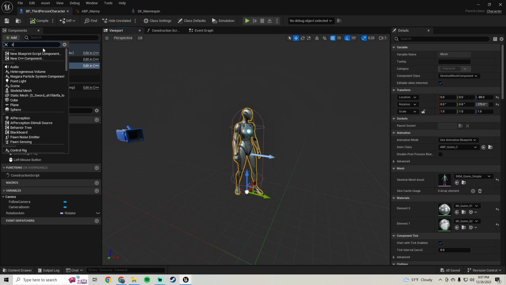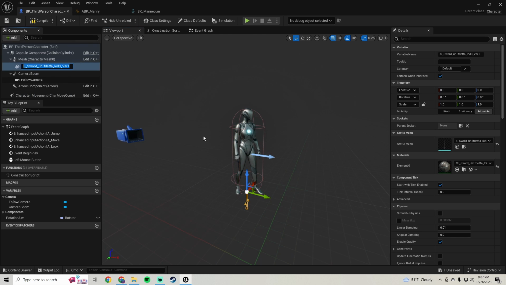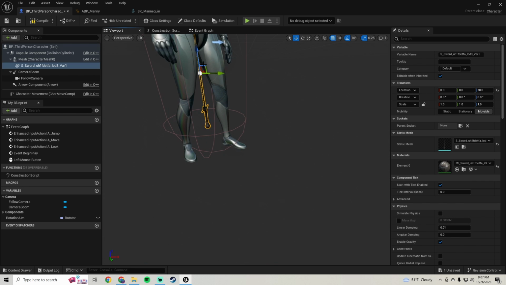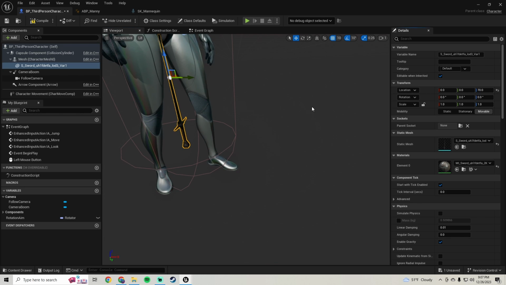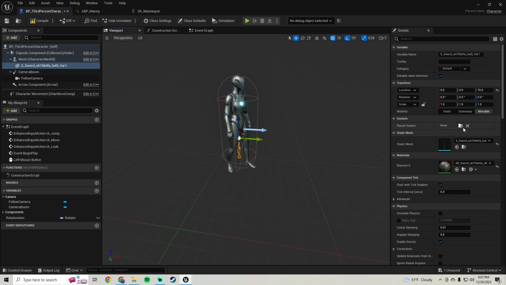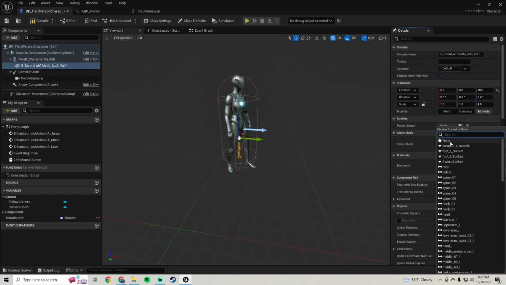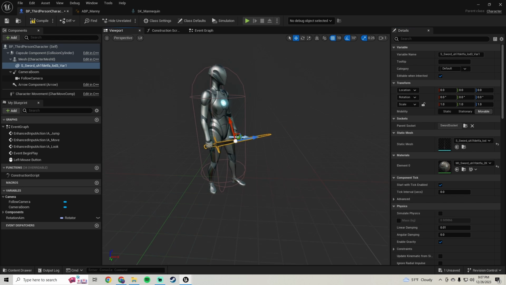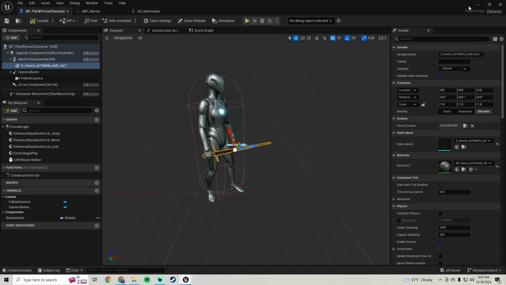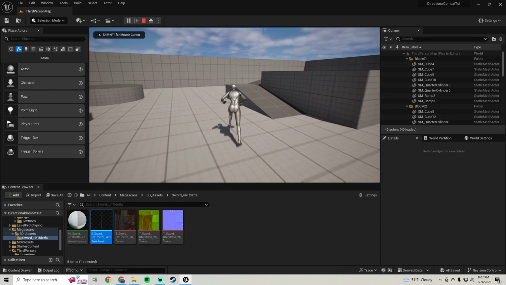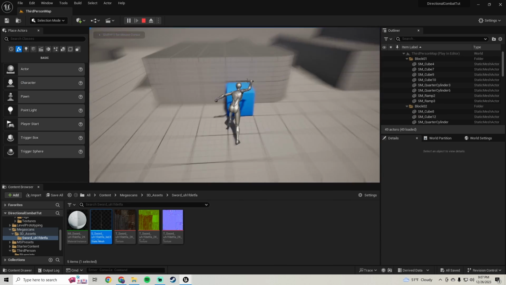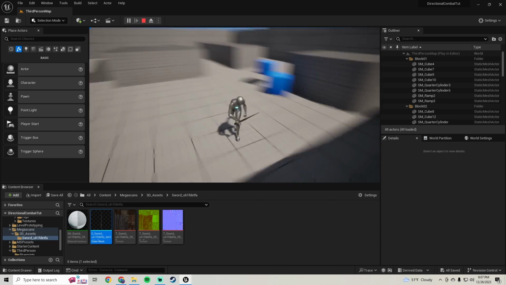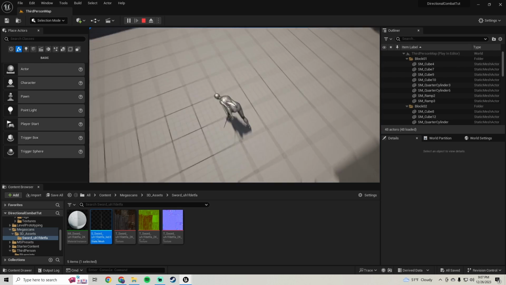gonna go up here to the add. We're gonna add a static mesh. If it doesn't automatically set it to your sword, you can just come over here and find your sword. And then we're gonna attach that. Actually, it's already attached. If it's not, just attach it to your mesh, and then we're gonna go over here to the parent socket. We're gonna choose our sword socket. We're going to go over here to the location, set that to 0, just hit the back arrow, compile, and save, and now we have a sword, like that. Now we can run around and, you know, aim the sword,